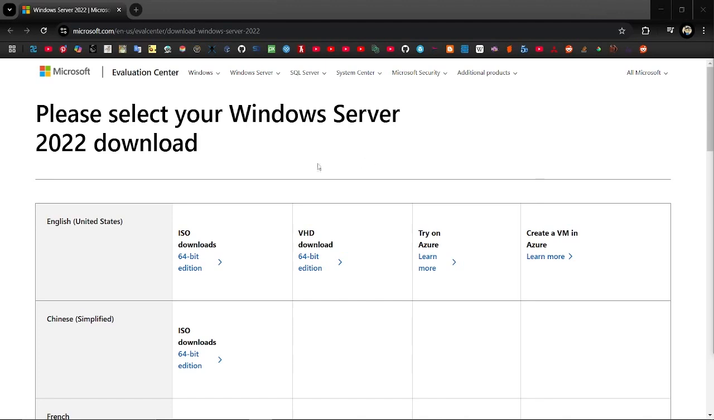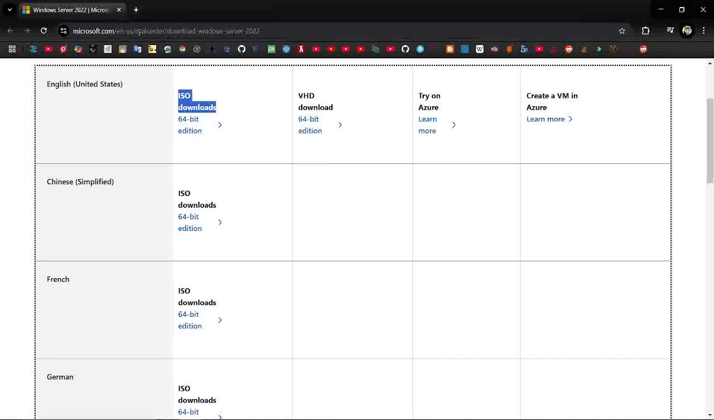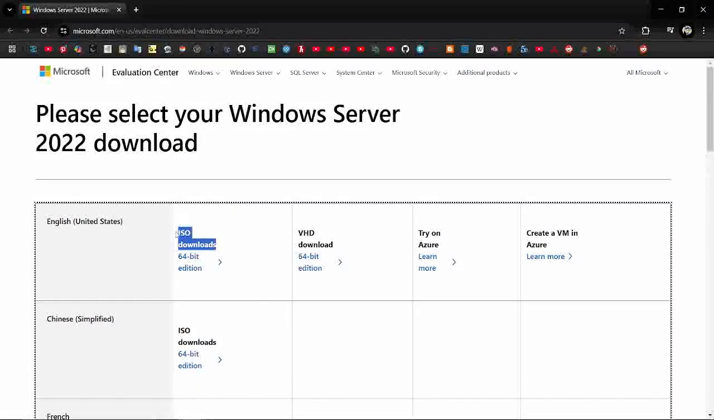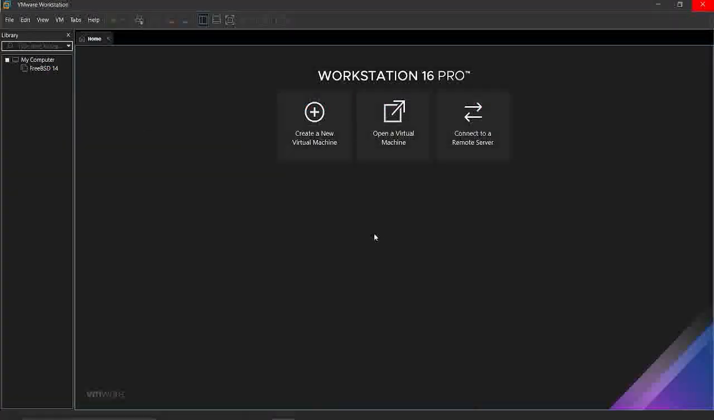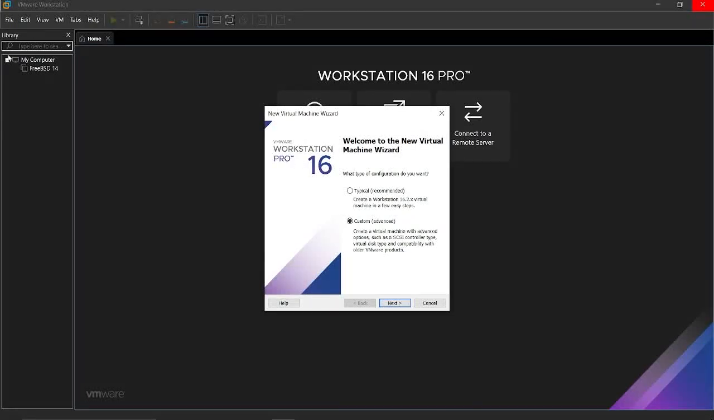So before we start, you need to download the ISO file from the website. Links in the description, like always. You can choose your language and simply download it. Later on, you're going to come to your virtual machine. For example, we're going to use VMware, typical